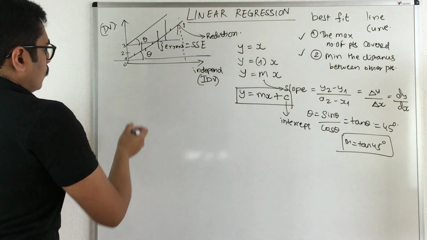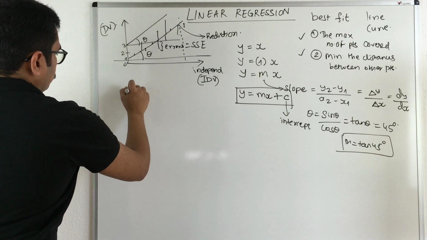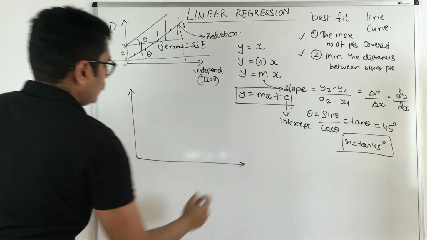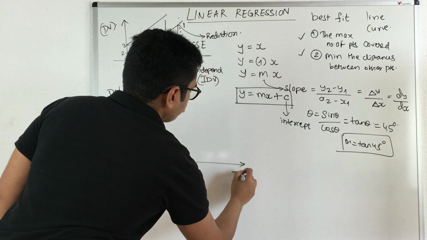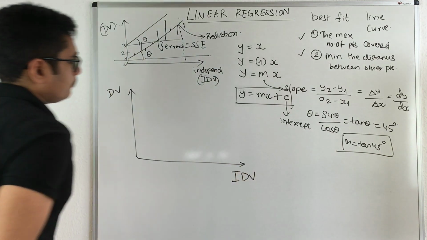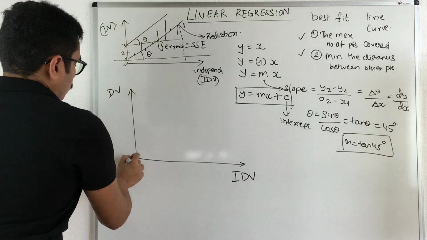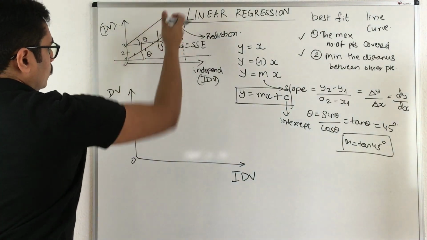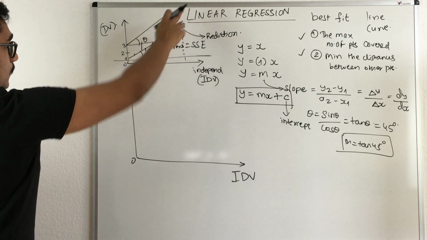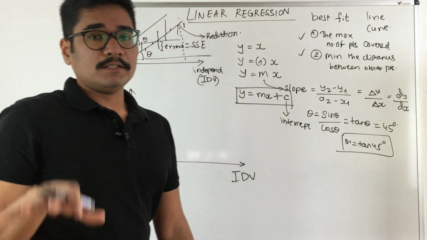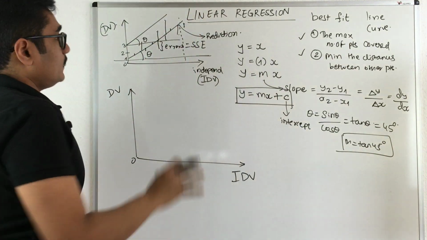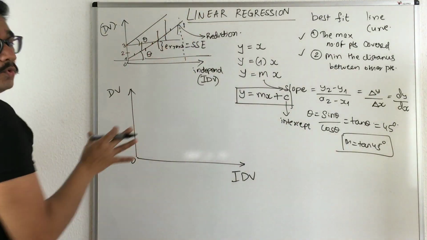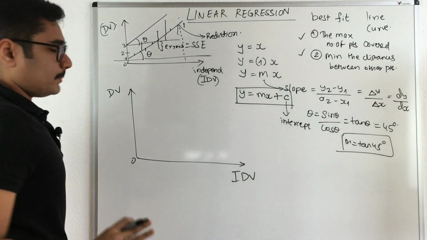Now there is one concept. Say I am drawing this line again. This is your dependent variable and this is your independent variable. Now our goal is to find this particular line. You cannot draw this line at the very beginning. That is your task. So this is your model, this line, that is your prediction. Now you want to predict that. Now see how that is predicted.